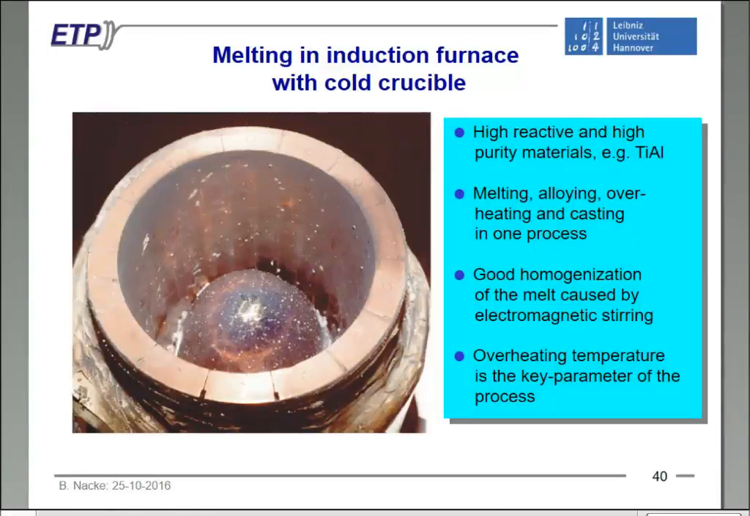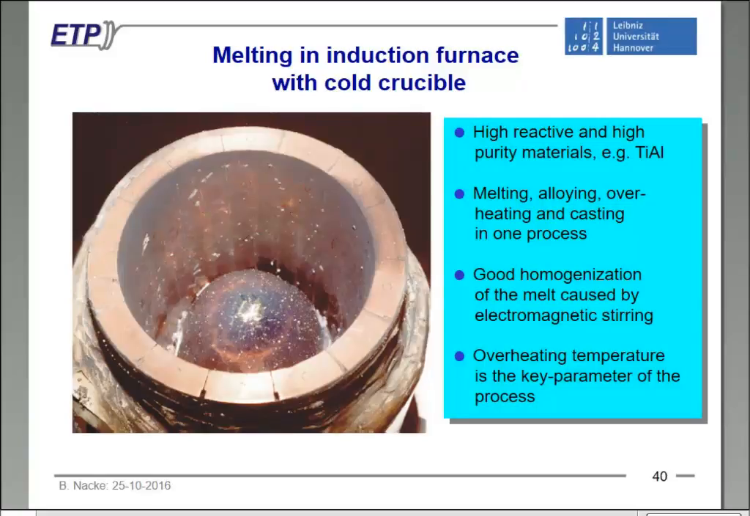Here you have a view to the inside of such a crucible furnace. In our institute, we have such an installation. The next slide will show it, and here you see the shape of the melt from the top. We have used this type of furnace for melting, for example, titanium and aluminium. It is possible to melt, to alloy, to overheat, and to cast with a cold crucible in one process. We have a good homogenization due to electromagnetic steering. The only problem is the overheating of the melt,